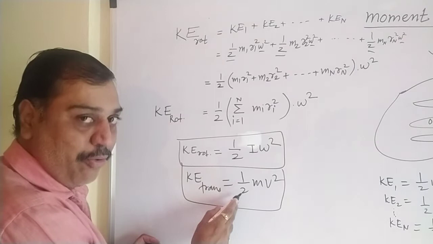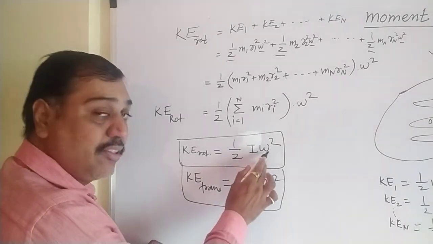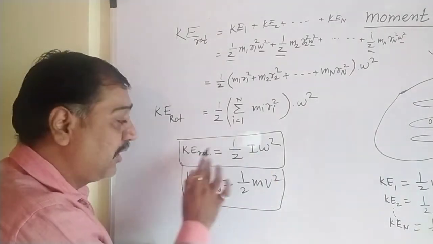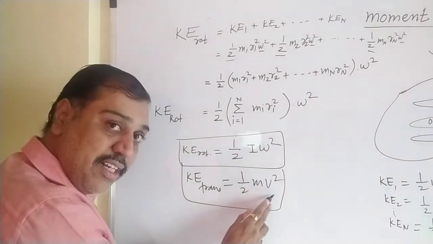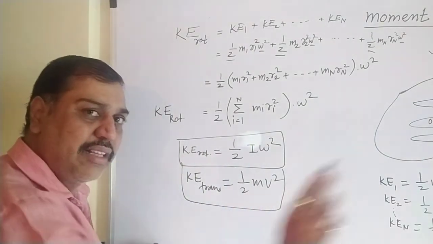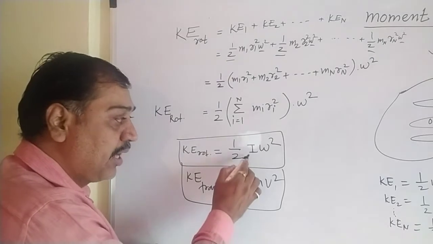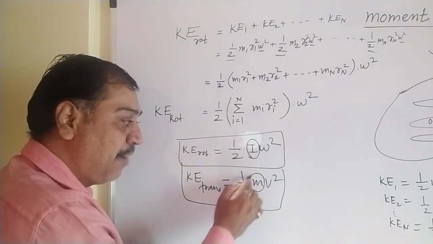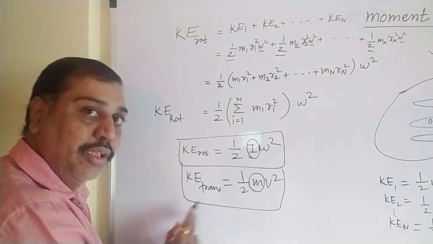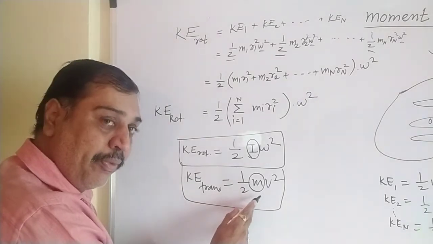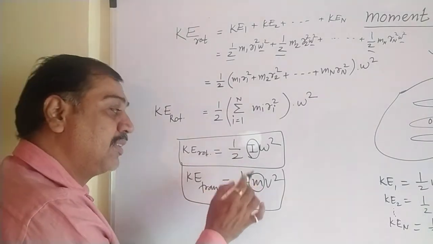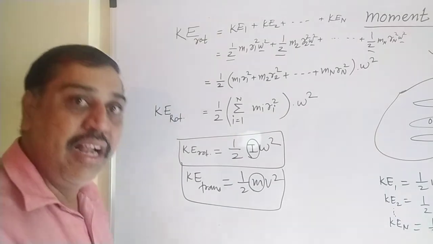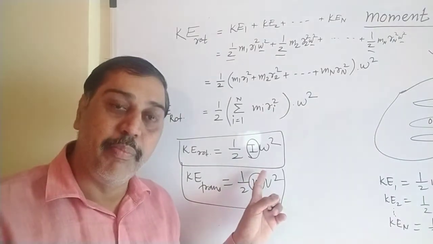1/2 is common, it is a number. Here omega square, angular velocity square because it is angular motion. Linear velocity square because it is linear motion. Translational is linear motion. Now here it is I and here it is m. So in translational motion, there is a mass m. And in rotational motion, the same mass is represented by I, and that I is said to be moment of inertia